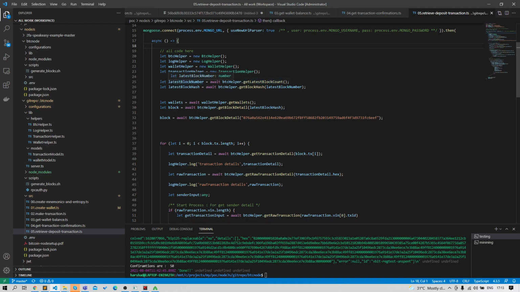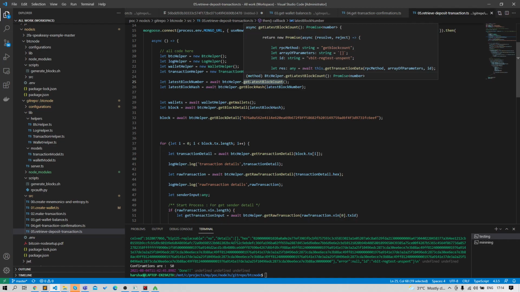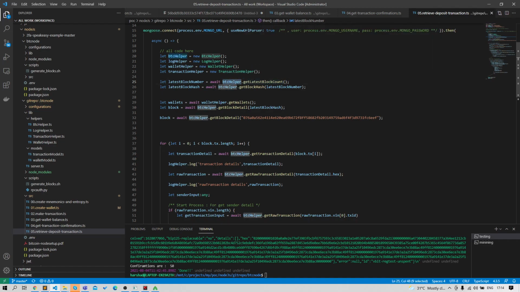The procedure of retrieving any transaction as a deposit is, we first need to get the latest block number. For that I have this function get latest block count defined in this BTC helper. We use an RPC API call to communicate with the BTC node server to get the latest block number. Once we have the latest block number, we will get the block hash, and after we receive the block hash we have that block detail, and inside the block detail we have all the transactions included in that block.